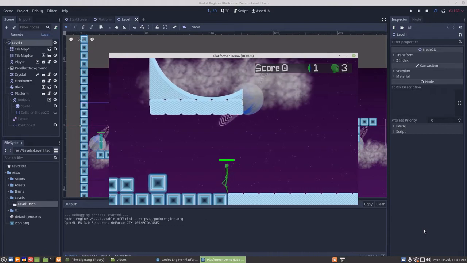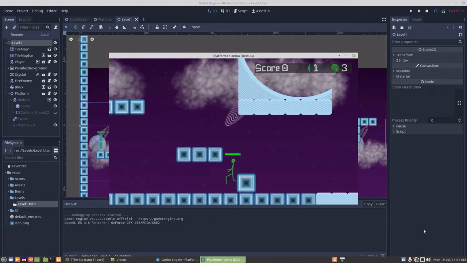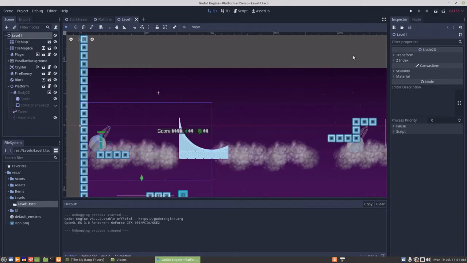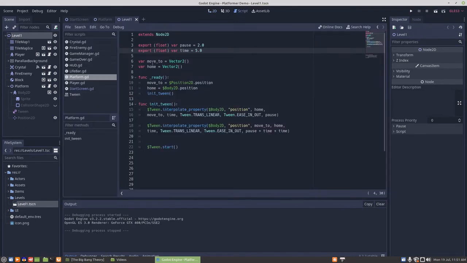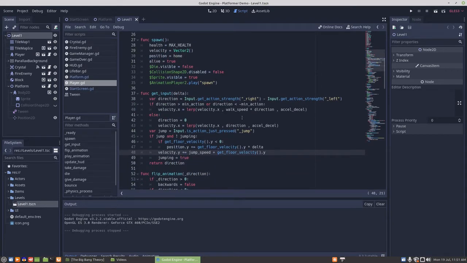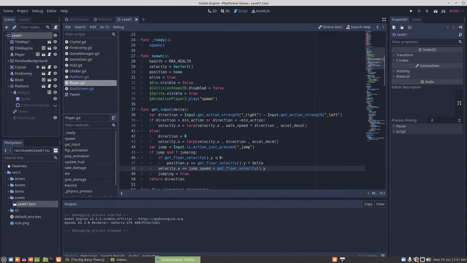So yeah, that's probably more a Godot issue than anything. It's a pretty common problem. How it got solved was a little makeshifty. I've seen it done with really complicated formulas, but basically what we do is at the point that he's jumping, so this is right in get input,